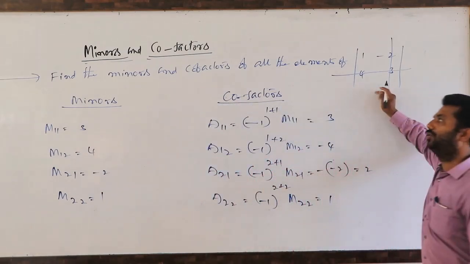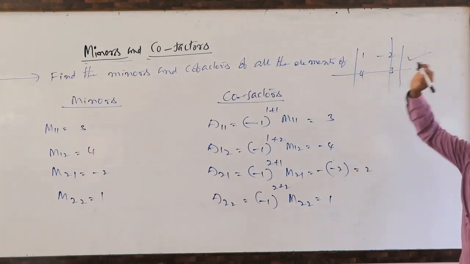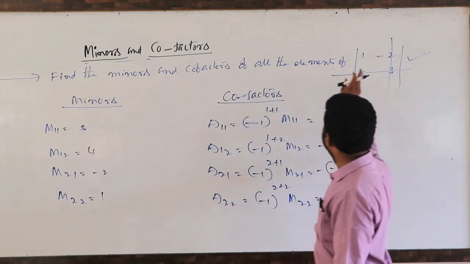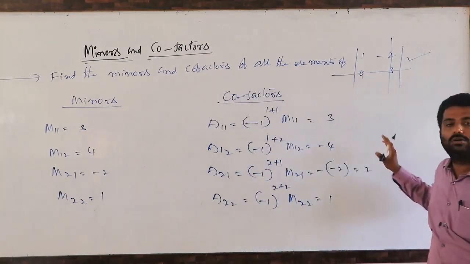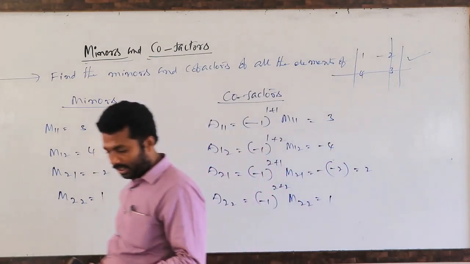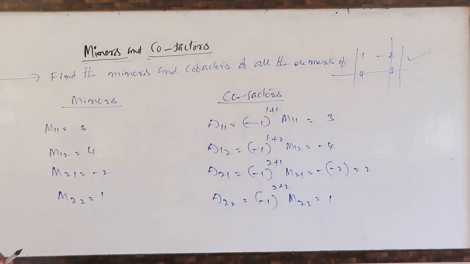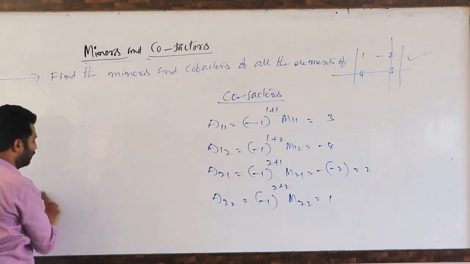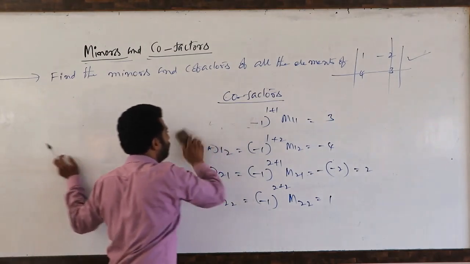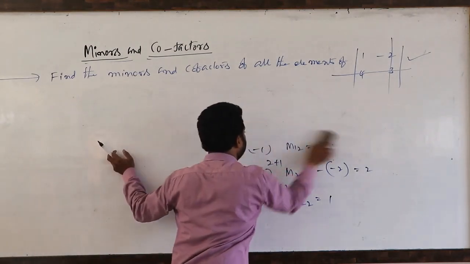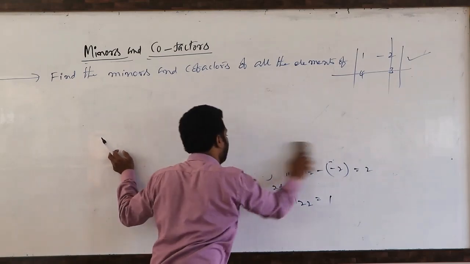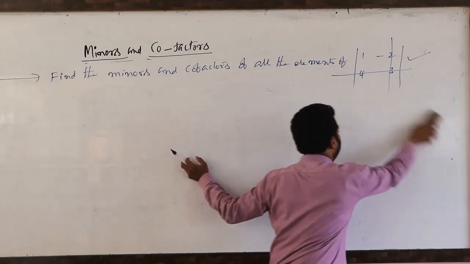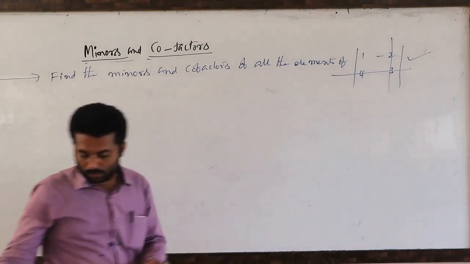Actually, for matrices we have to calculate minors and cofactors, but in NCERT they are given for determinants. So, minors and cofactors of all the elements of a determinant, we have to calculate like this. Now, I will take one 3 by 3 square matrix. For 2 by 2, I will give some examples, some practice questions. You have to practice them. Not all, these are the homework.